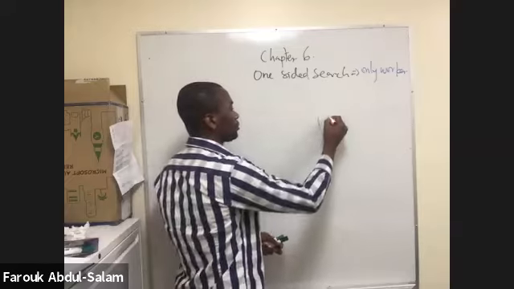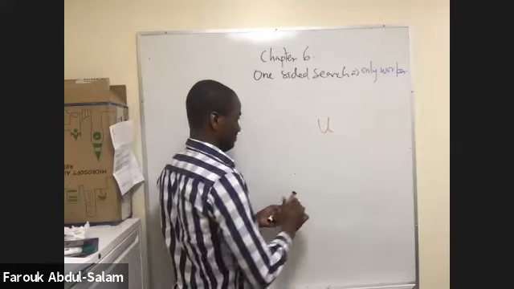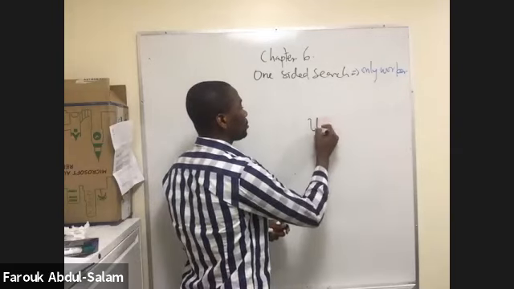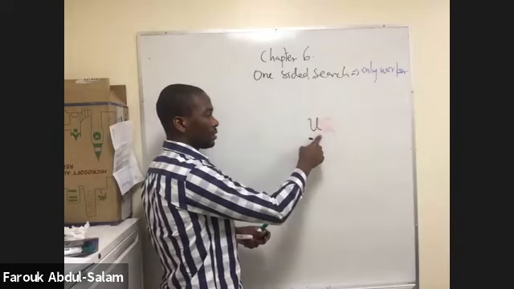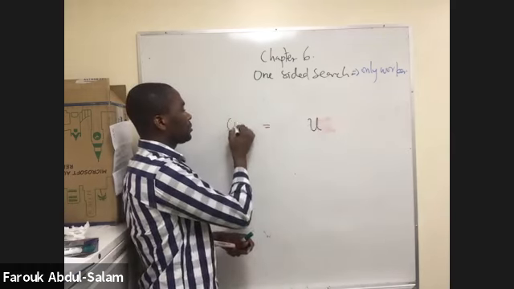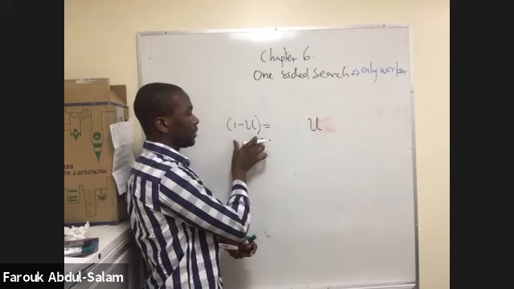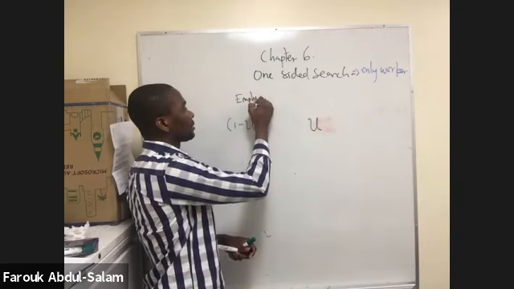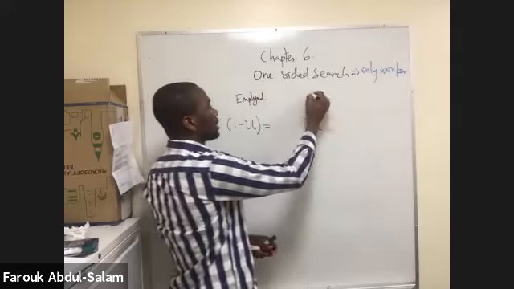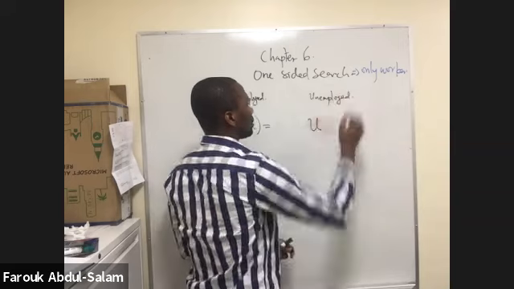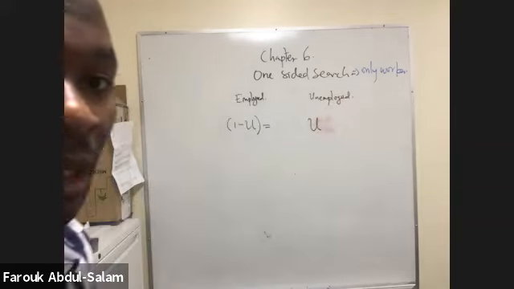Remember, U represents unemployment, and 1 minus U represents employment. So these are the employed guys. These are the unemployed guys. What I'm going to do here is